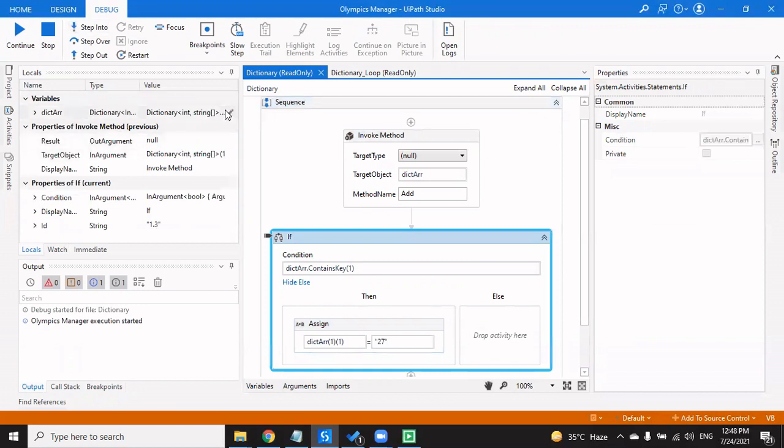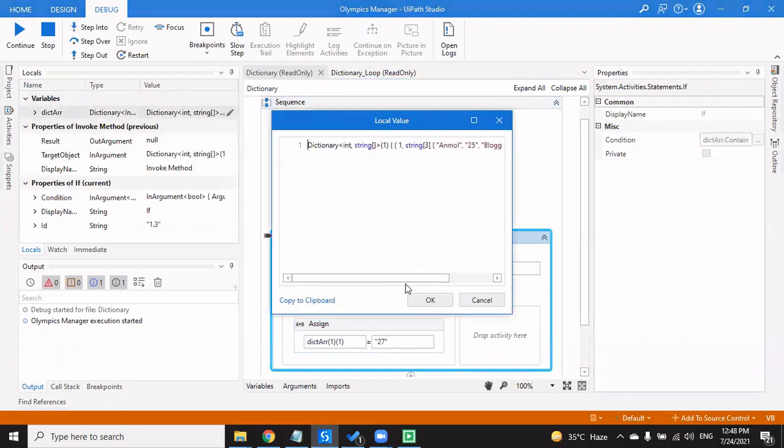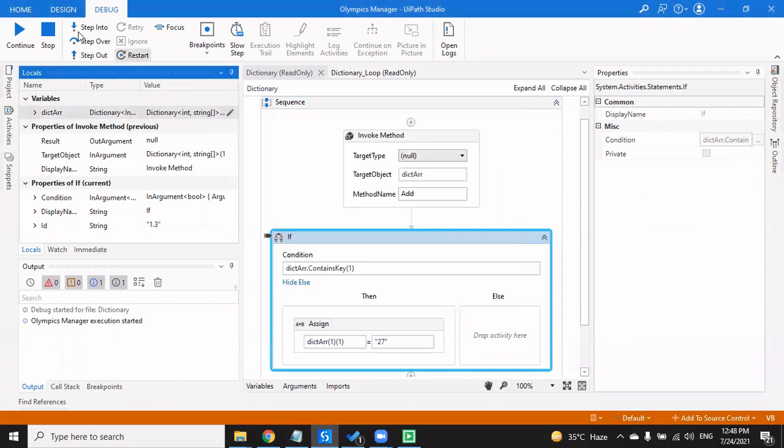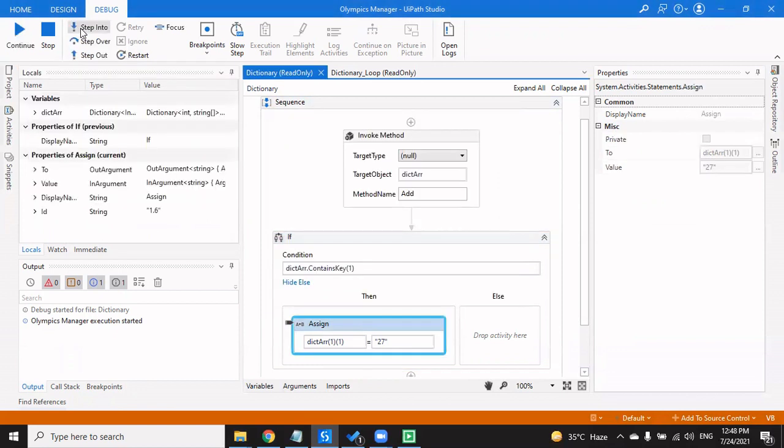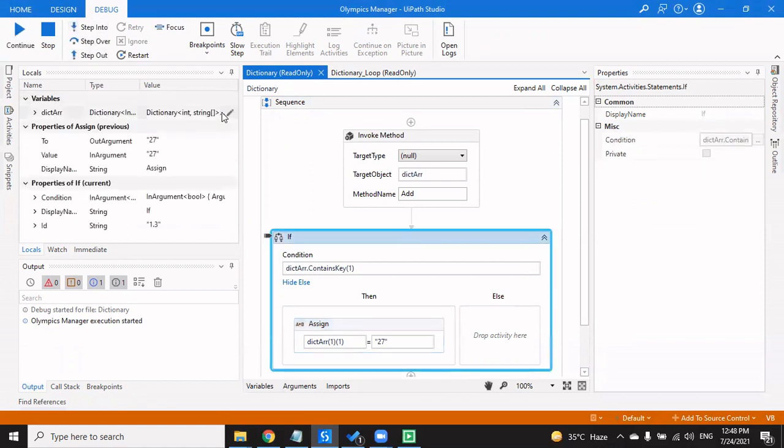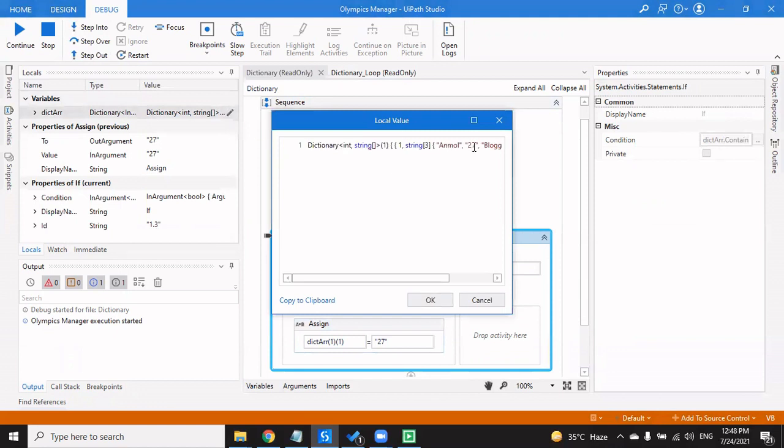So we have added it. Now if we open our dictionary, we have key as 1 and we have the value. Because key 1 exists, it has looped into the then part. And now if we check, 25 has been updated to 27.